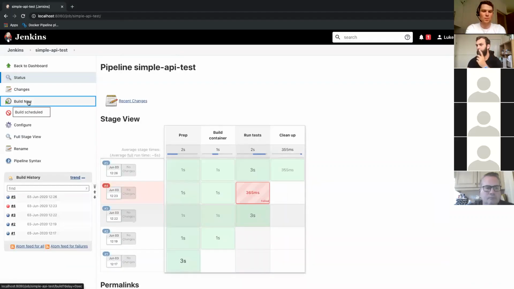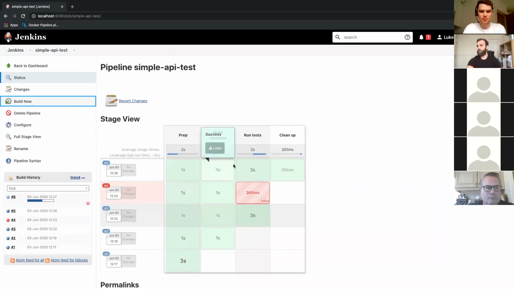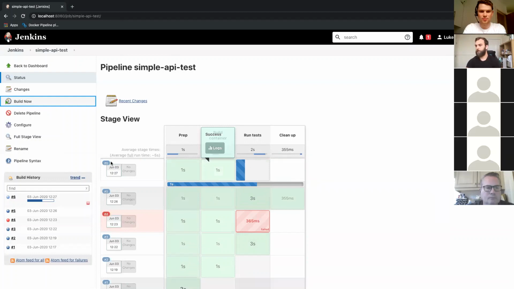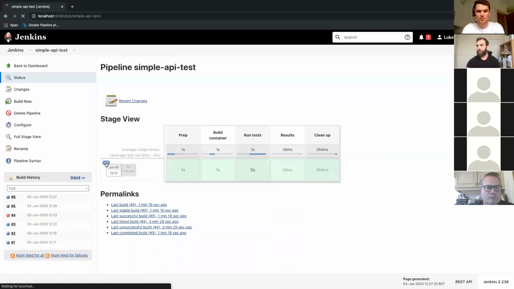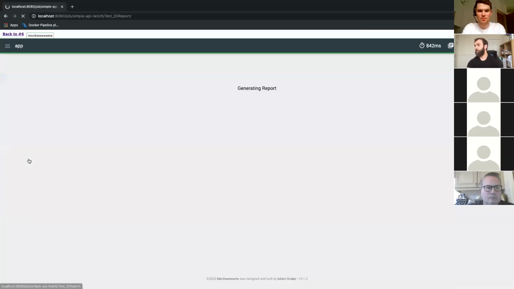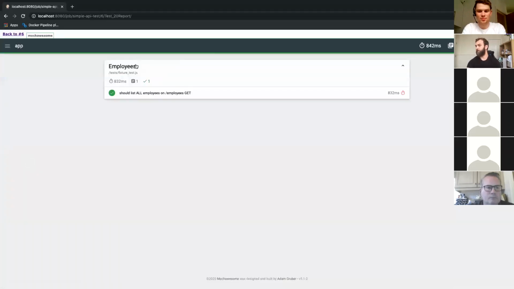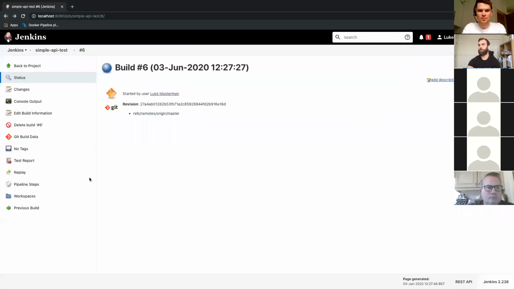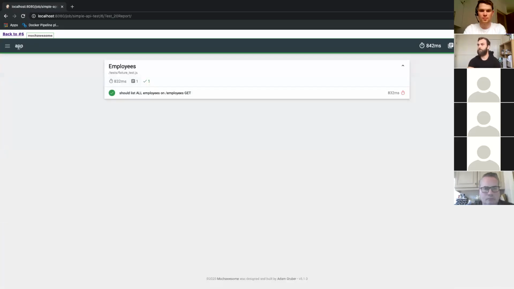So if I build this, we should see now, if we go into this build once it is finished, there's a nice test report available quite happily for me, and I can just go and look at the results of my tests. So you can see how it would be quite easy to build up and create and run your tests and have one nice go-to point to go and look at what had happened from those tests.